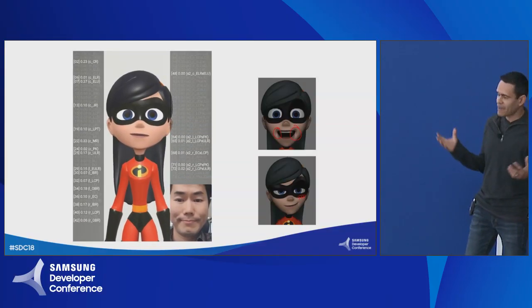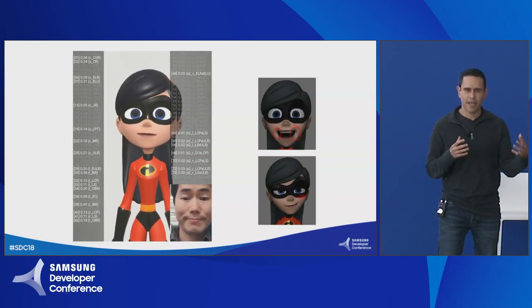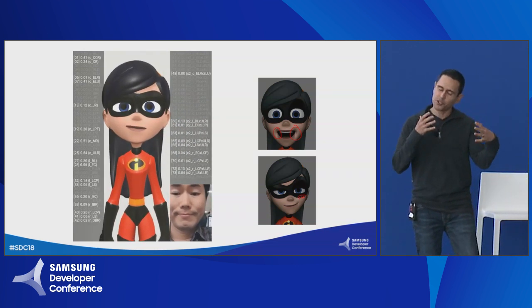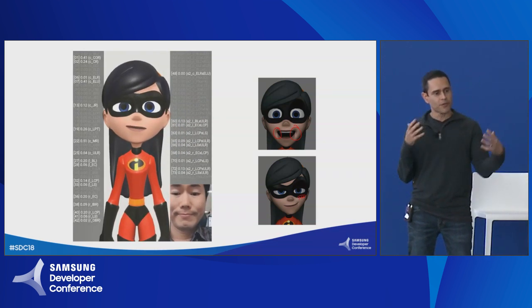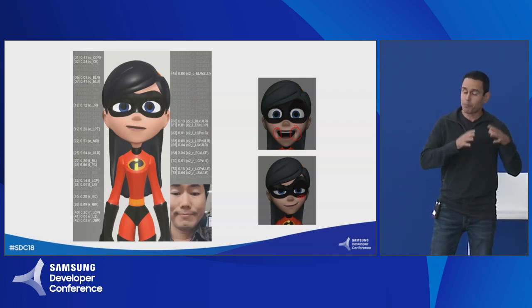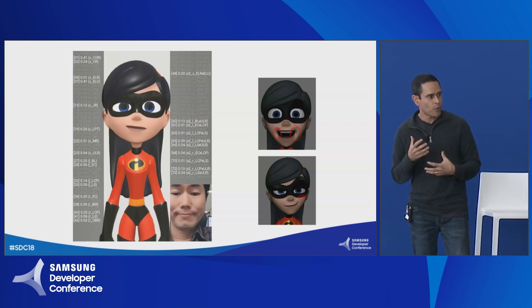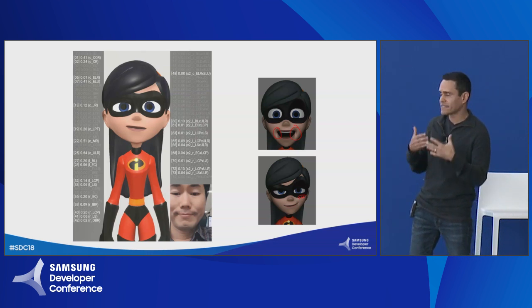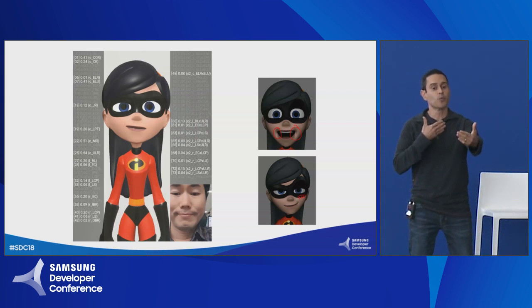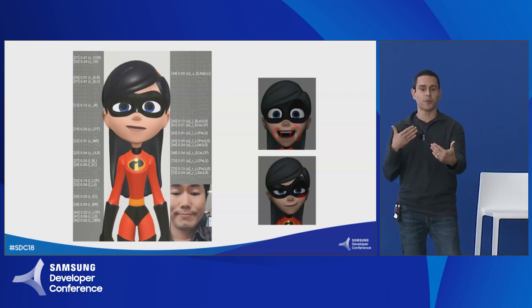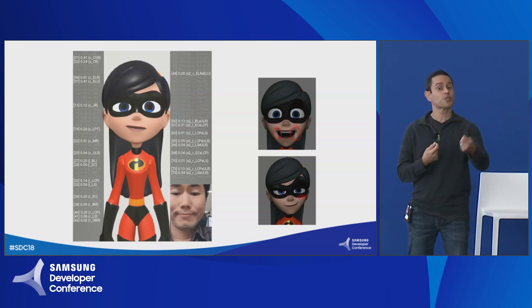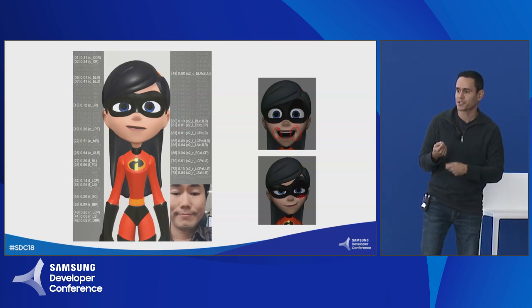So once we have all of this data, we've got the animations and the blend shapes in the right place, we've reviewed them, now we put them into the device, right? And at this point, what we're really looking at is how is that mapping to what the viewer is doing, what the user is doing. Is it matching their expressions?